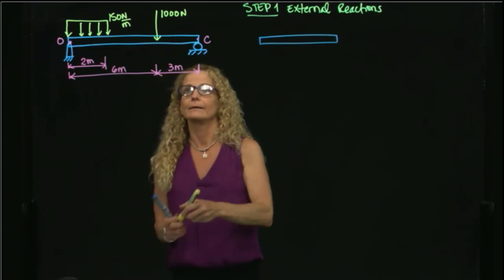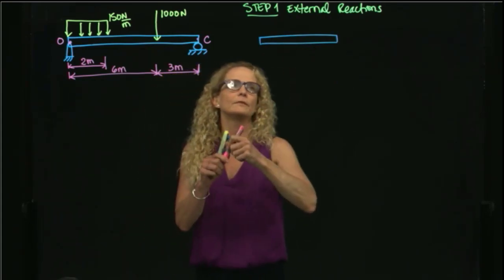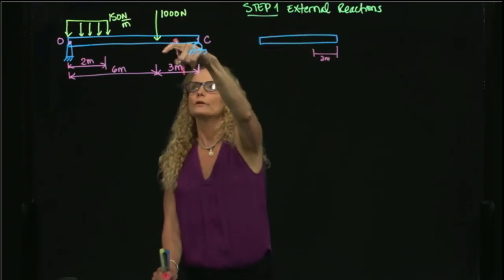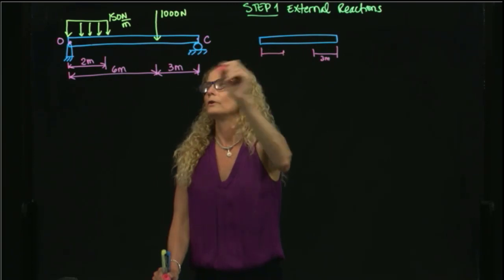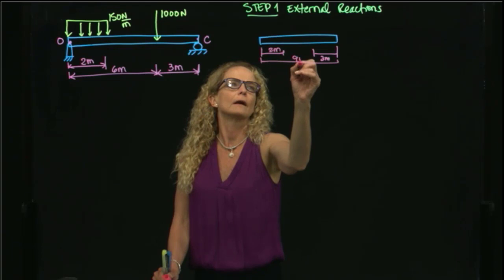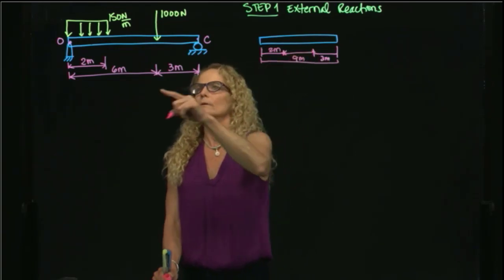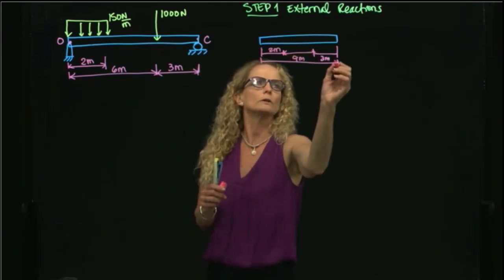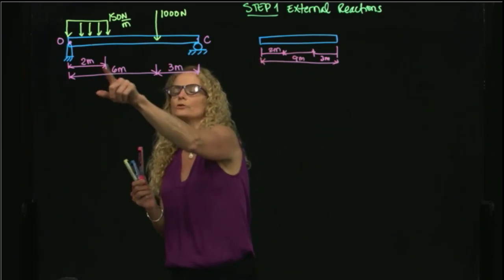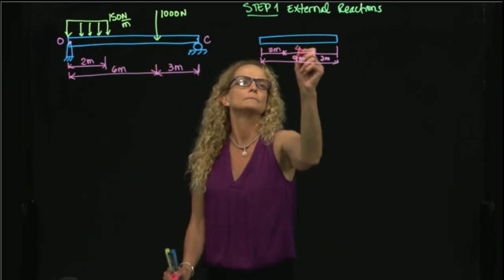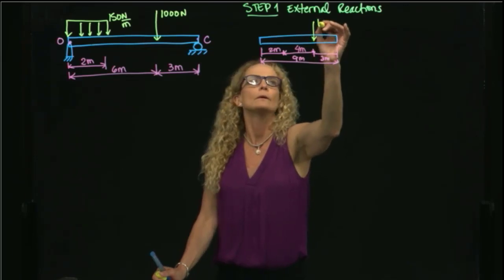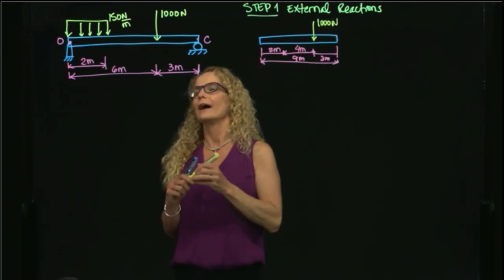So at 3 meters from C, we have a concentrated load, and at 2 meters of O, we have this is 9 meters, right? So this is 6 in total. So if this is 6 and this is 2, this has to be 4, right? Okay, and then we have a concentrated load right here, which is 1,000, and then we have